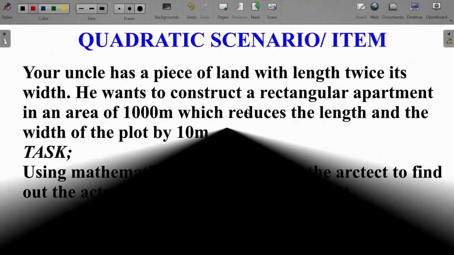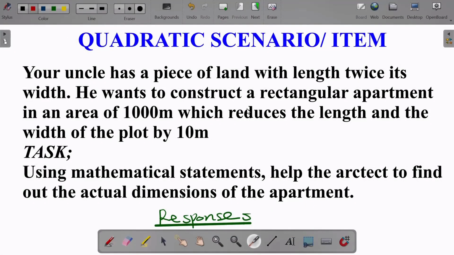Hello dear viewers, you are most welcome to this presentation where we're going to break down this quadratic scenario or